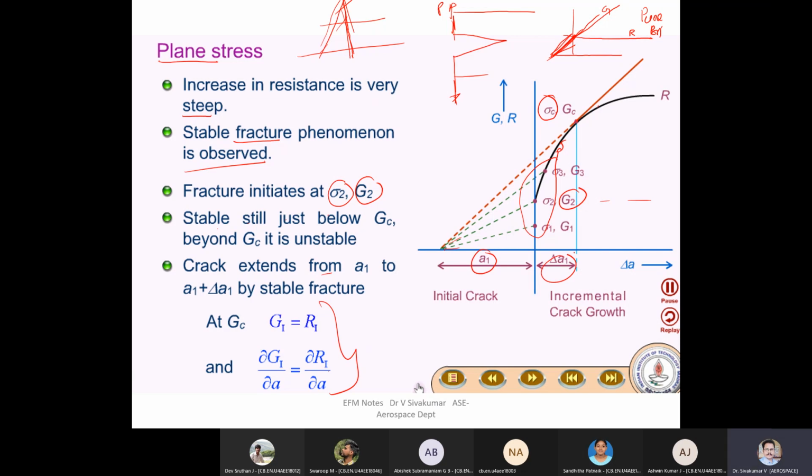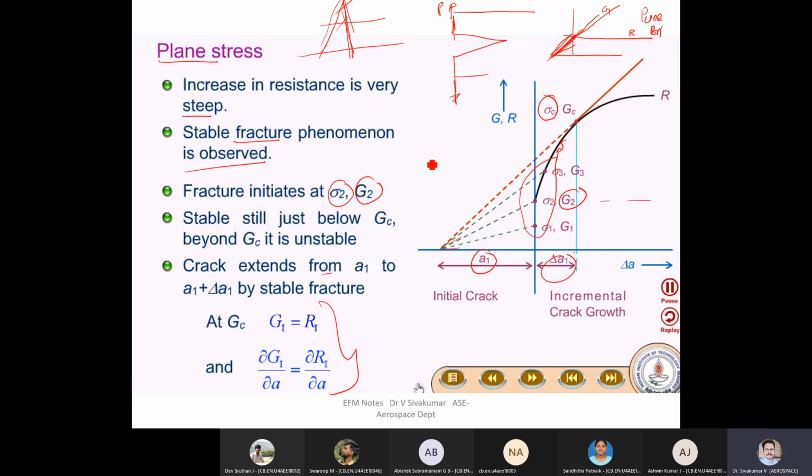I'm creating a material. I have developed a material, a high strength alloy. That is my own material. It has so much of combination inside. It is a company secret, so I will not reveal it. But the material is available to the world, wherein I'm saying that this material has crack GC. What is GC? Critical energy rate.